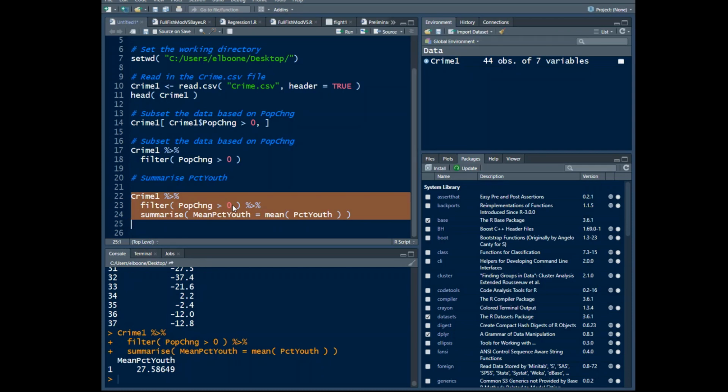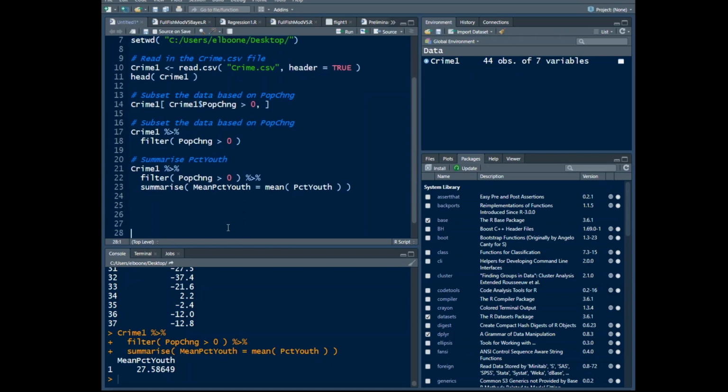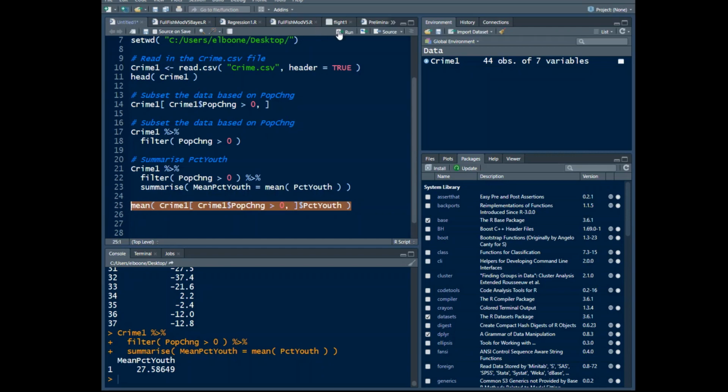All right, so we can start chaining these ideas together. What we can do is see how we would do this in base R. Well, we'd have to come to crime, take what we had here, and paste it. And to do the same thing, we would have to put mean in front of this, mean of this, and then we'd have to remember the column name. So we could either put in here the column number, or we could put a dollar sign,